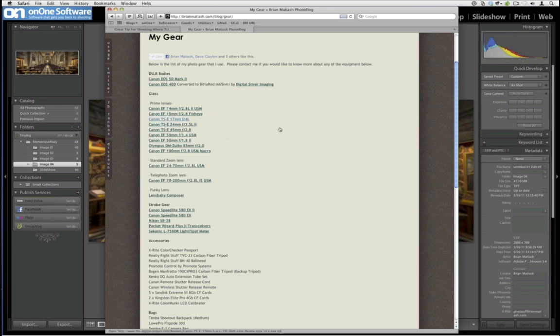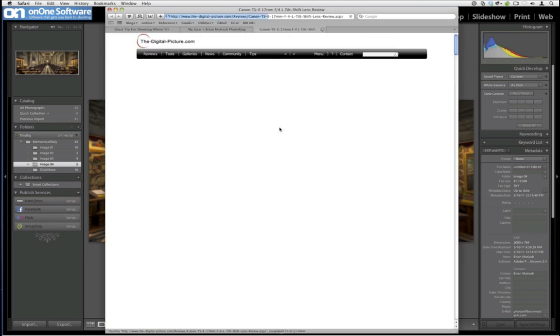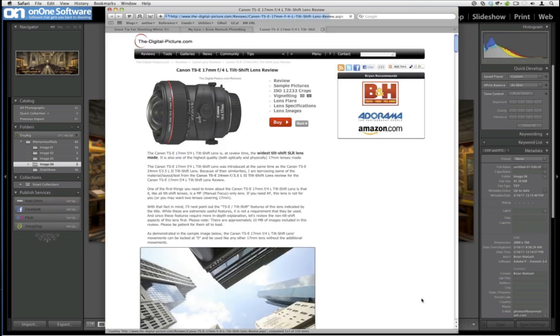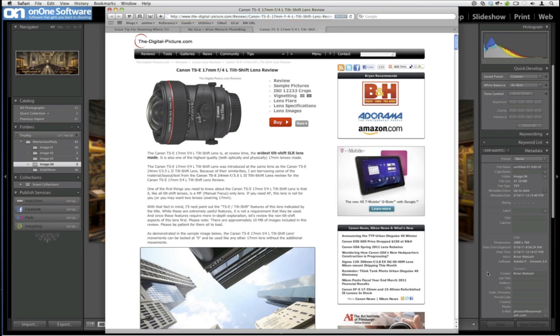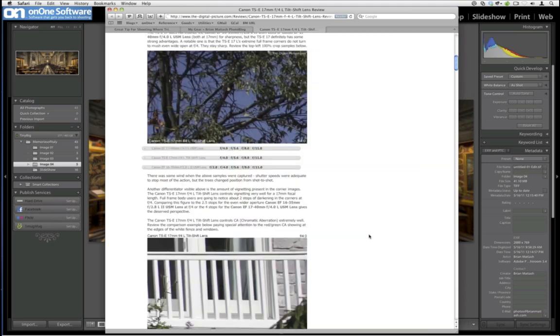There was a question earlier about the lateral distance. This website, thedigitalpicture.com, I'll put it in the chat module as well. This place is outrageous for lens reviews for Nikon and Canon. And if we scroll down a bit,